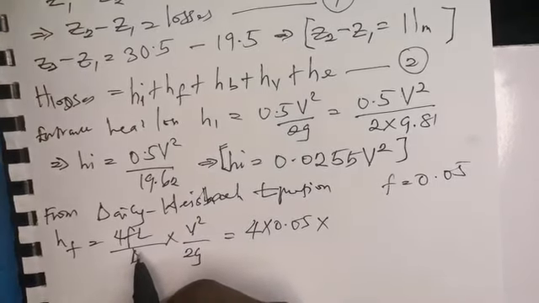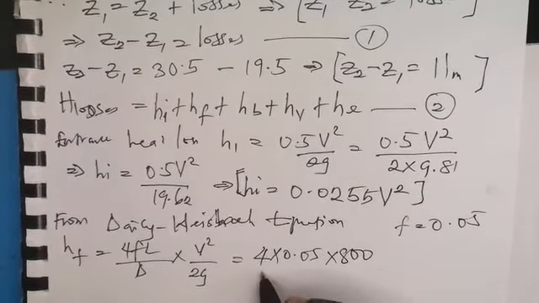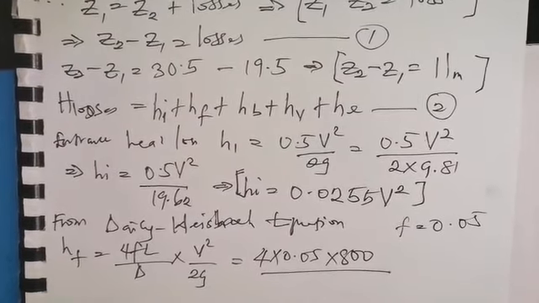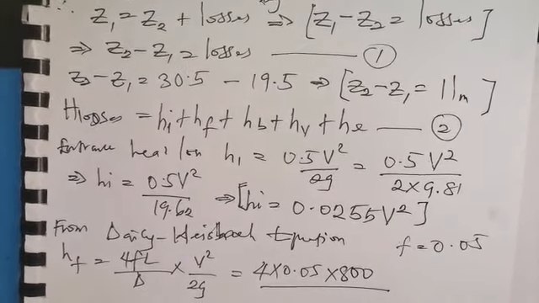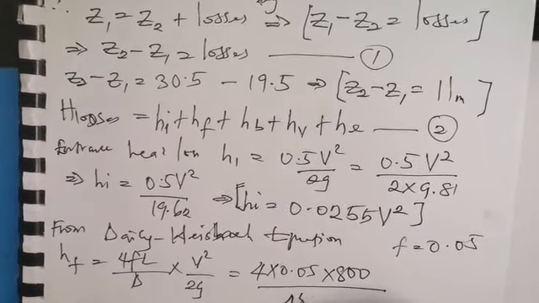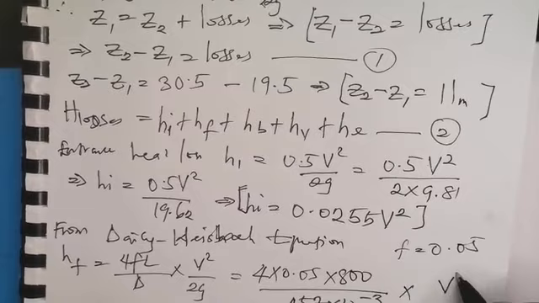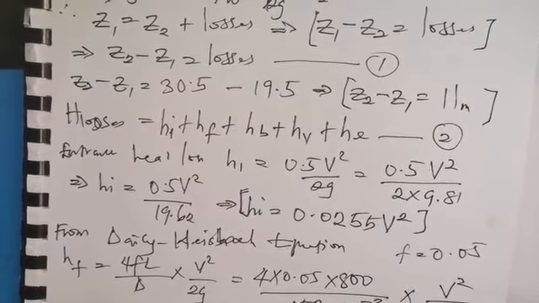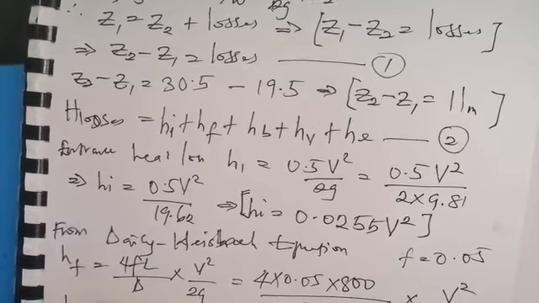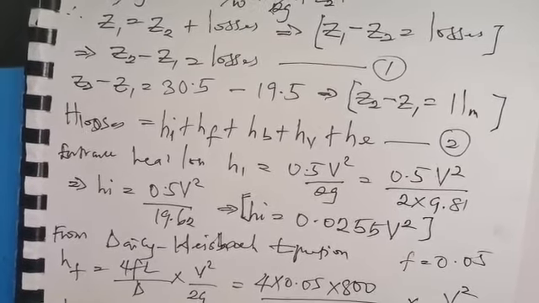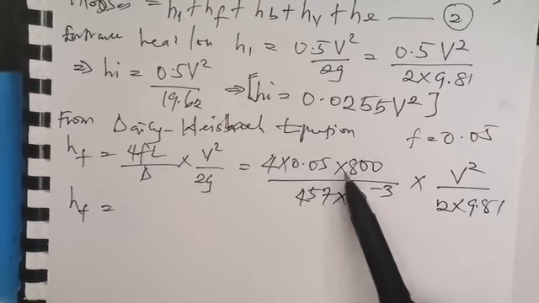So we have here 4F, which is 4 times 0.05, multiplied by the length of the pipe, which was given in the question as 800 meters, so multiply by 800, all over the diameter of the pipe, which was also given in the question as 457 millimeters, approximately 457 by 10 to the power of negative 3, multiplied by V squared all over 2g, which is 2 times 9.81. So we are going to be multiplying everything together. Let's multiply all through now. At the numerator, 4 times 0.05 times 800